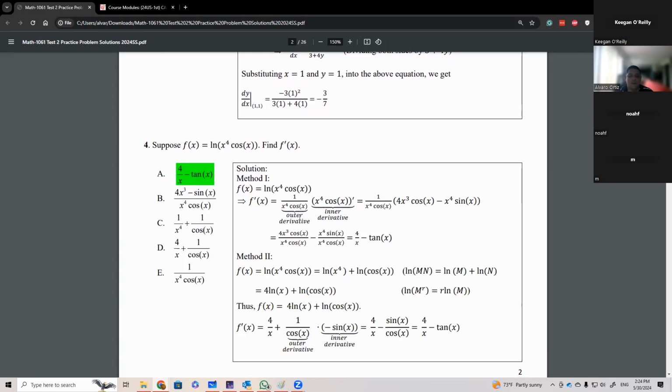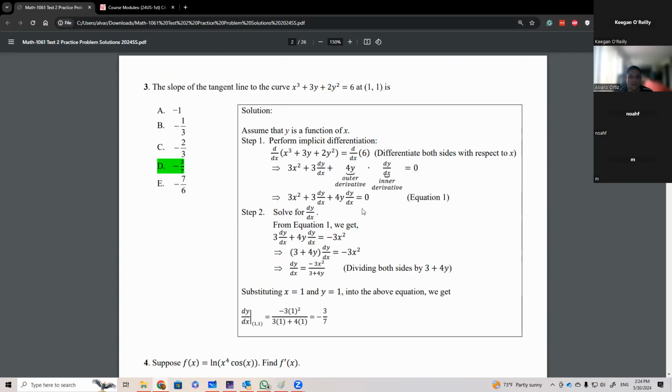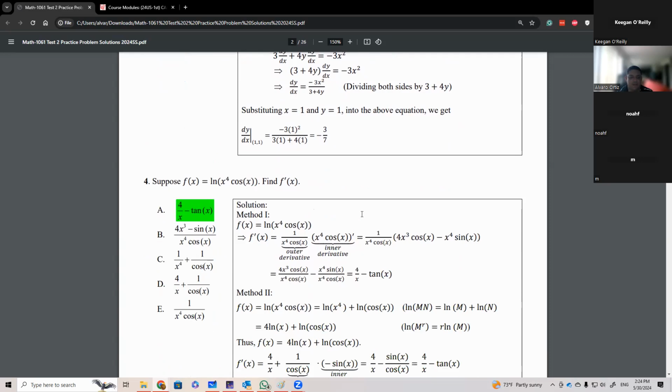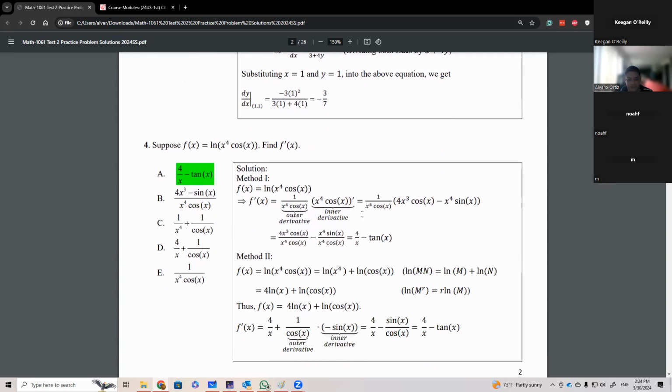Now, a lot of questions can come in this sense. And a big thing of what is going to come in this exam is going to be a test of you knowing how to do chain rule, implicit differentiation, and logarithmic differentiation. So sometimes logarithmic differentiation will come like this, where you have the derivative of a log. And what you have to remember is that this is just the log of a function. So by chain rule, this is just going to be 1 over the function times the derivative of the function inside. So that's precisely what we have here.